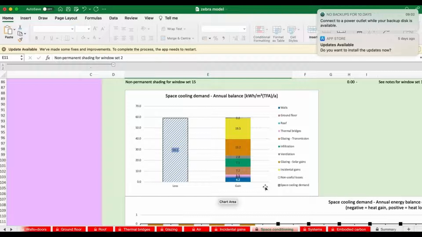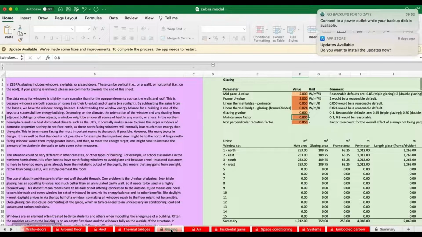So let's tackle that infiltration. Imagine that we put strenuous effort into sealing every possible joint, particularly around window frames, door frames, junctions between walls, and things like that. And so let's try and halve that infiltration. Okay, and also imagine that the occupants can use some form of temporary shading during the hottest period of the day and the year to stop excessive sunlight coming into the space. So let's go to glazing.